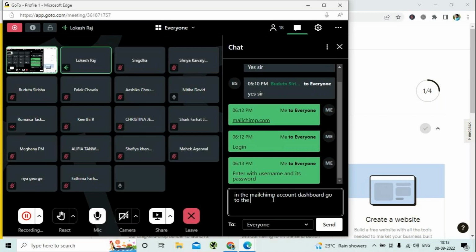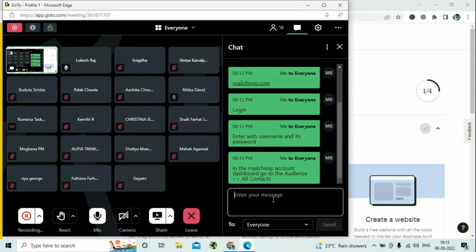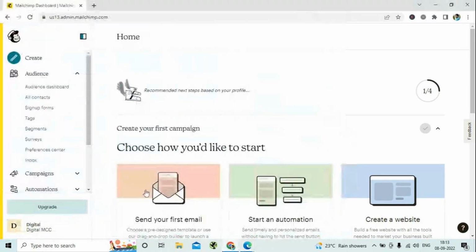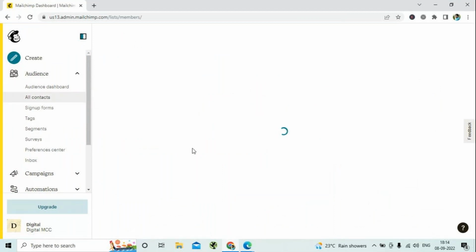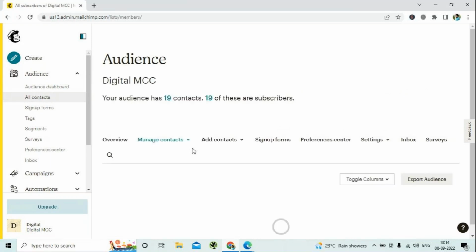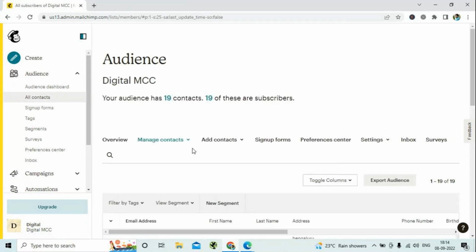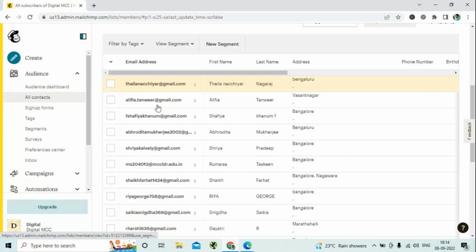Go to the audience list to confirm all your contact details are available. So click on the audience and click on all contacts so that we will confirm whether all my contact details have been entered or not. So there are 19 contacts which we created yesterday. So you can just look at it,